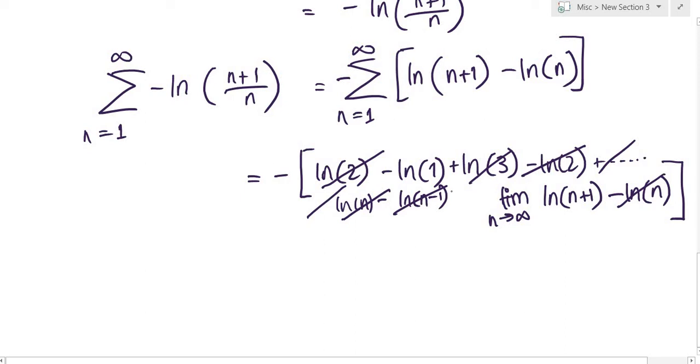So essentially by the end of all this telescoping war, we're only going to be left with negative natural log of 1,